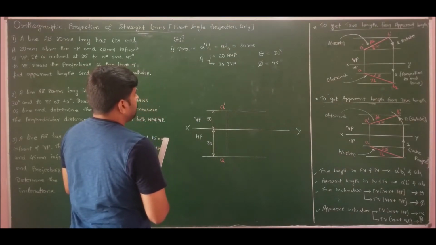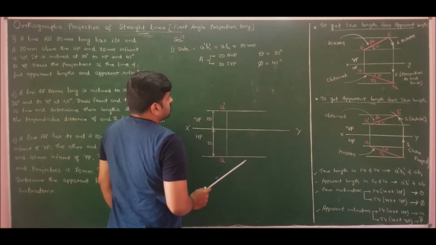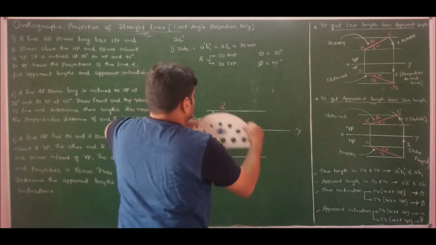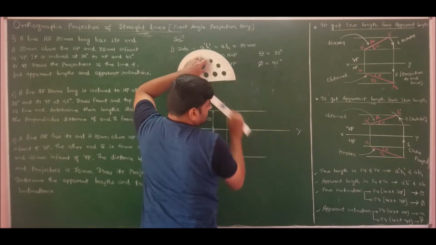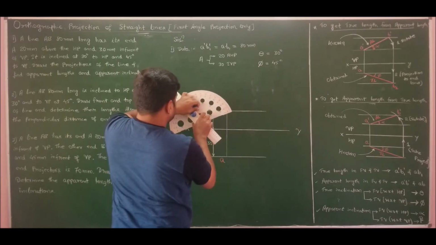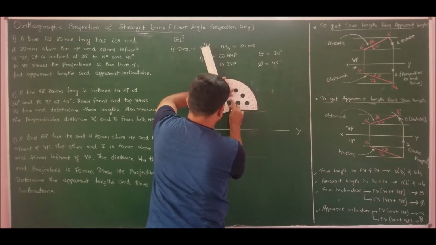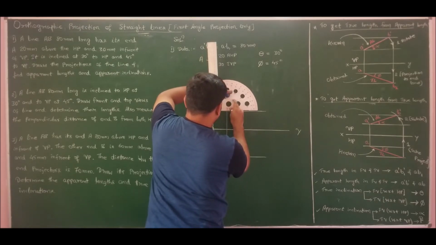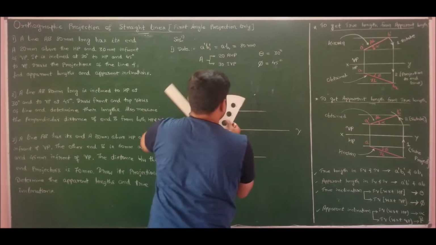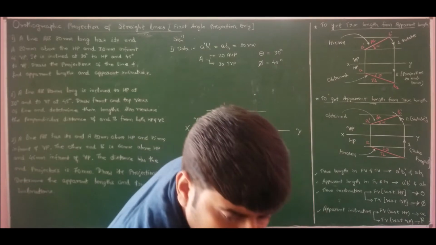Now he has given the value of true length and true inclination. So therefore I can draw the line for the true length and true inclination. First, I mark theta, which I should show in the front view, which is the inclination with respect to the horizontal plane. Theta is 30 degrees, and here phi is given as 45 degrees.